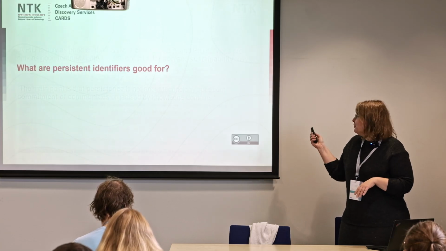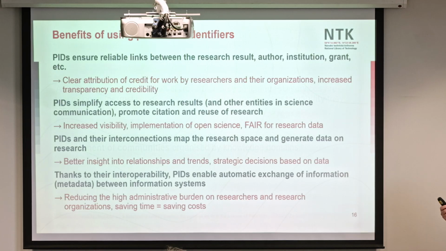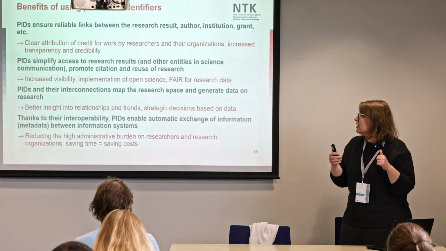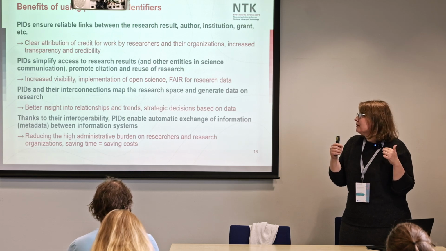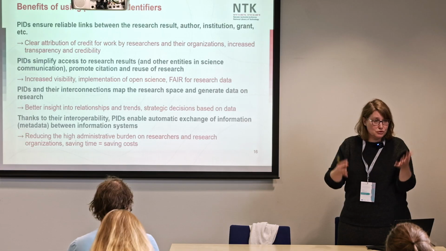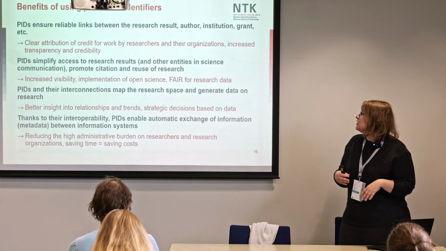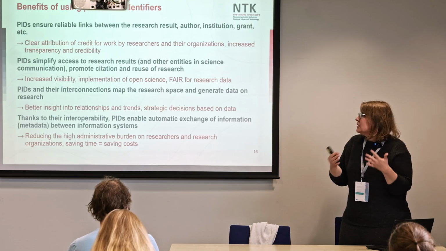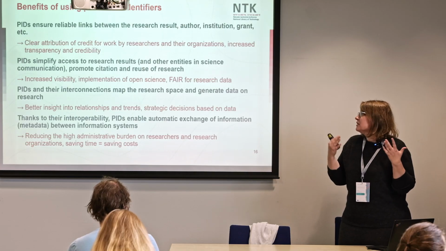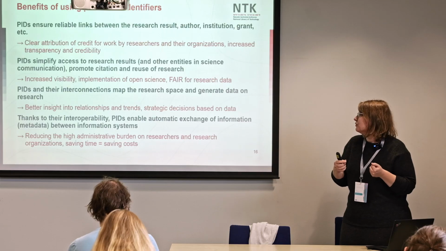What are persistent identifiers good for? I think Michal covered a lot of it with the FAIR principles, but first point: persistent identifiers ensure reliable links between entities. So, for instance, research results, their authors, their institutions, the grants, etc. So, your work can be clearly attributed to you as a researcher, to your organization. It helps increase overall transparency and credibility of the information on research